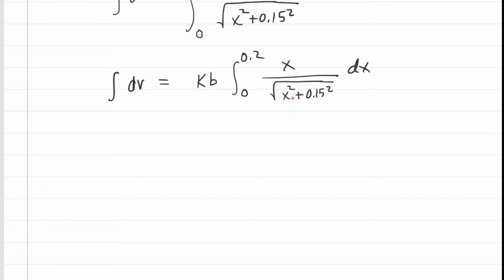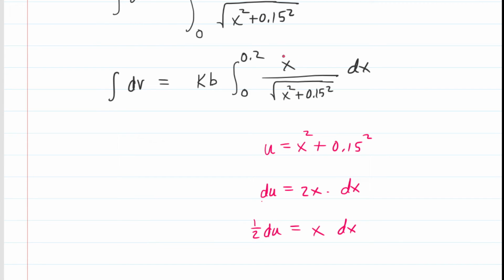We're going to end up doing a u substitution. So what we'll do is we'll let u equal the expression underneath the radical. So that's going to equal x squared plus the 0.15 squared. And then you might remember from your calculus studies that you would differentiate both sides of this. So the derivative of x squared is 2x. The derivative of this constant is 0. And then this is actually du dx, so we can multiply the dx to the other side here. And then finally, let's multiply both sides by a half. And what this does is it shows us that 1/2 du is equal to x dx. So you can see that x dx right there. We're going to substitute that with 1/2